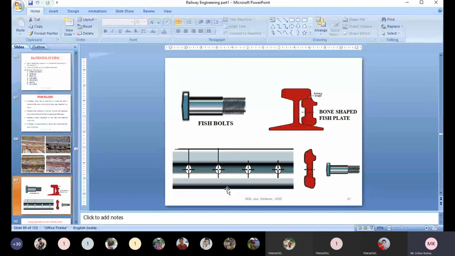Why? Because a train is a heavy load. Whenever a train is moving upon a rail, it imparts a compressive load on the rail, and due to that compressive load the rail undergoes compression stress. In the vertical direction the rail undergoes compression, and in the horizontal direction the rail undergoes tension. Understand or no? So in that case, sometimes the rail may contract or may widen.